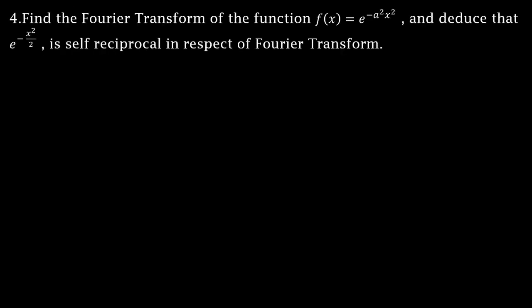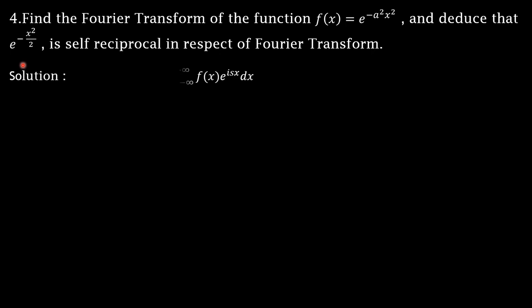Last problem on Fourier transform, that is, to find the Fourier transform of the function f of x is equal to e to the power minus a square x square and deduce that e to the power minus x square by 2 is self-reciprocal with respect to the Fourier transform. Let us first find the Fourier transform of the function e to the power minus a square x square, and using it we are going to deduce that e to the power minus x square by 2